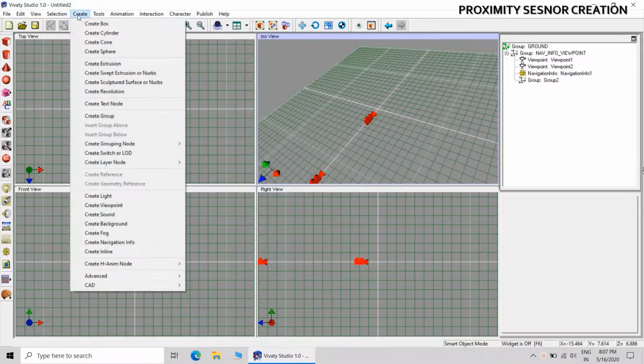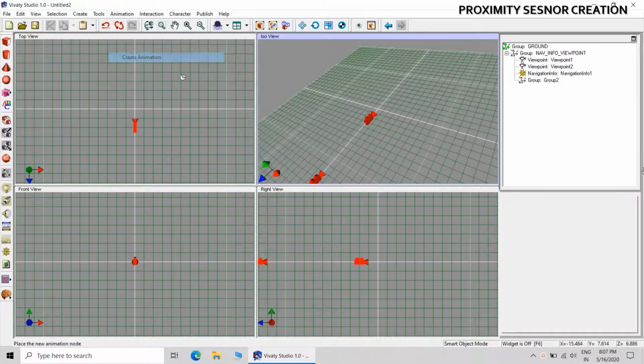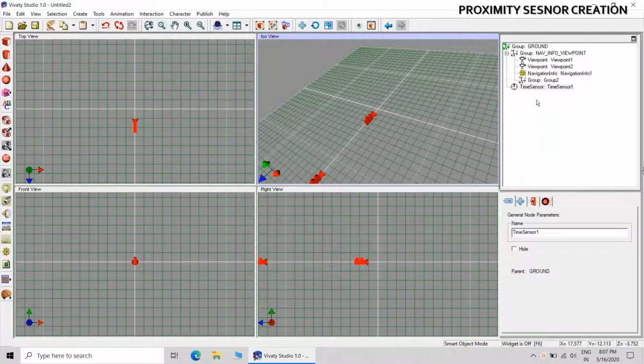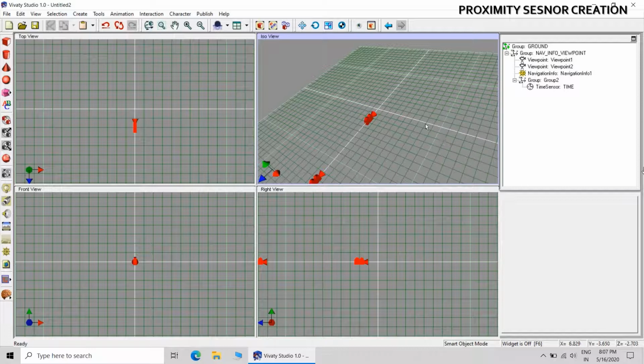Now we will be creating the time sensor, that is the animation. Call this time sensor as time.